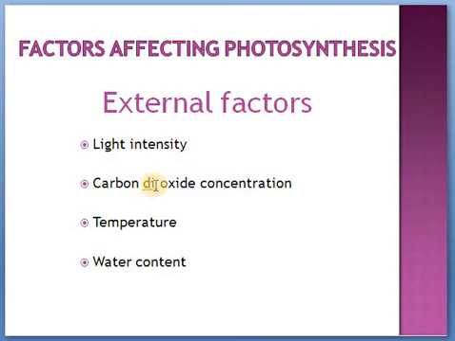The next one is carbon dioxide concentration. Carbon dioxide concentration is of course important, but if there is too much carbon dioxide, the stomata will close. That becomes like a poison, so the stomata will close. It's believed that the higher rate of photosynthesis will be at 0.05% carbon dioxide. A 0.05% carbon dioxide concentration is very good for the best photosynthetic activity. That is considered the optimum range. The optimum range of carbon dioxide concentration for photosynthesis is 0.05%.